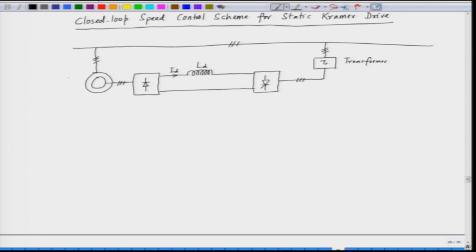So, this is the 3-phase AC supply, and this is the slip ring induction motor. So, we sense the rotor speed by means of a speed sensor. So, here we have a speed sensor,